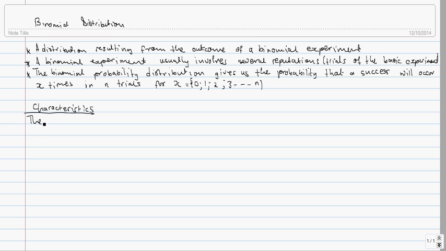The experiment must consist of N identical trials. That's one. And two, each trial